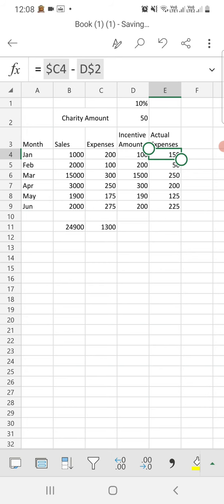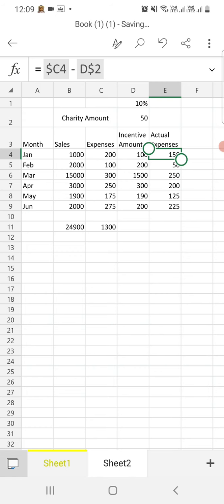So using the copy paste option, how can you use cell reference? What are the steps we need to follow? First one is click on the sheet 2 tab and enter the data as shown in the figure. So we need to just create another sheet. Just click on that sheet option given here below.